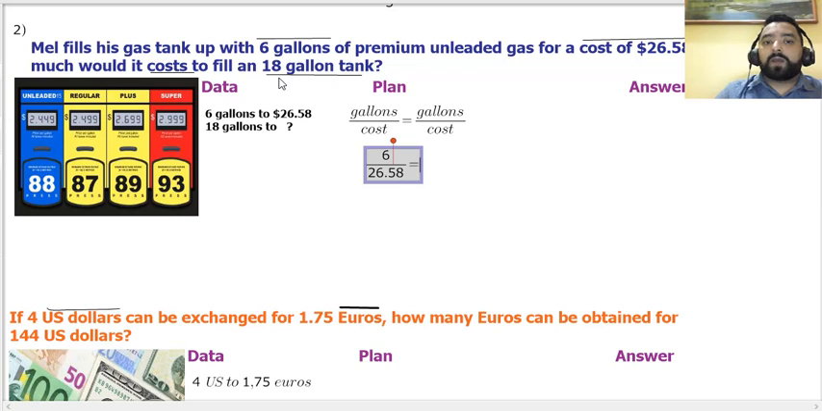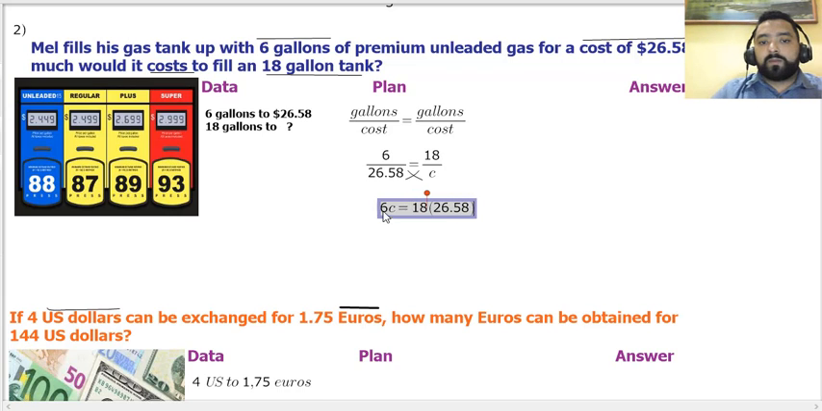This is going to be equal to how many gallons? In the question we have 18 gallons over the cost that we don't know. The value for 18 gallons we don't know, so we are going to solve with this proportion. So remember, it's going to be this times this and this times this. It's the cross product in this case. So we are going to multiply C times 6, it's going to be 6C equal 18 multiplied by